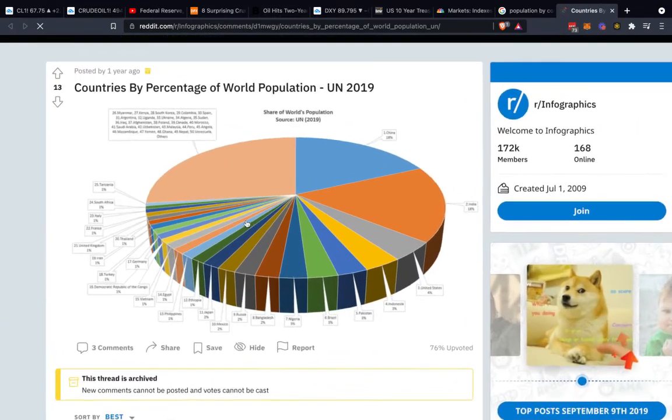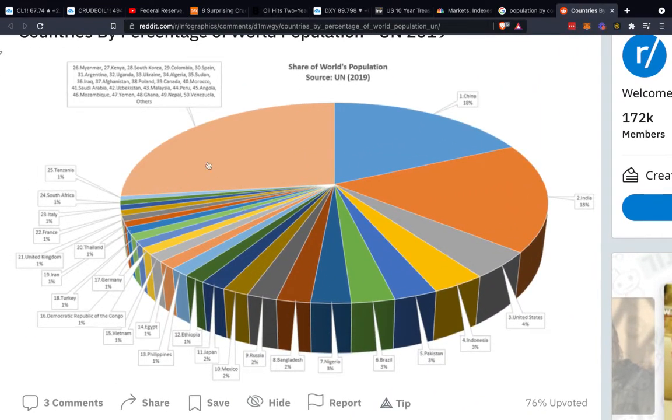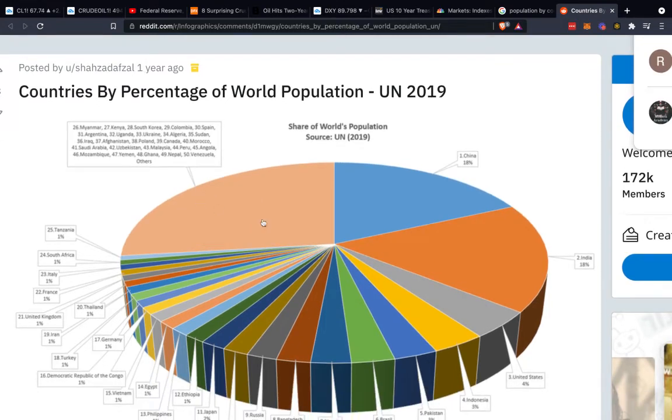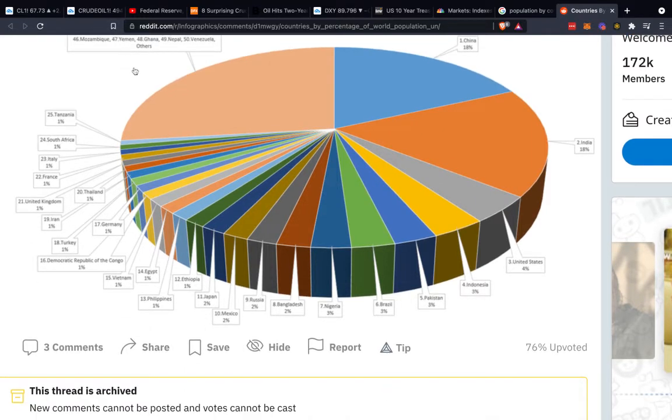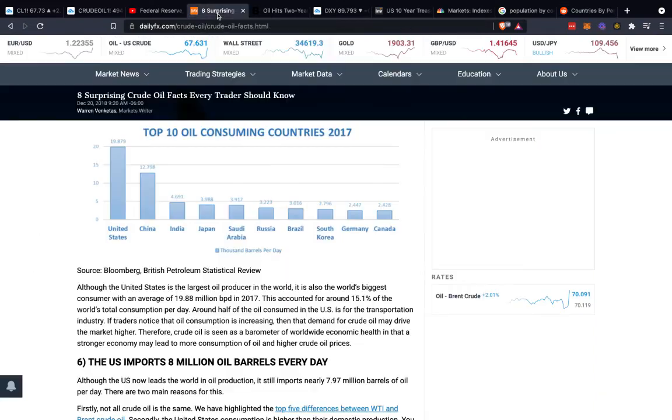So when you're looking at just the populations of the world, you see that right here, this is making up a massive amount. In the United States, it's 4%. Okay, so these are all these Southeast Asian and South American countries. No, that's just a mixture of these other ones. Okay, that's interesting. But China is 18%, India 18%, United States 4%, Indonesia 3%, Pakistan 3%, Brazil 3%, Nigeria 3%, and then all these tinier population countries. But when you look at who's consuming the most oil, that's interesting when you contrast those, right?